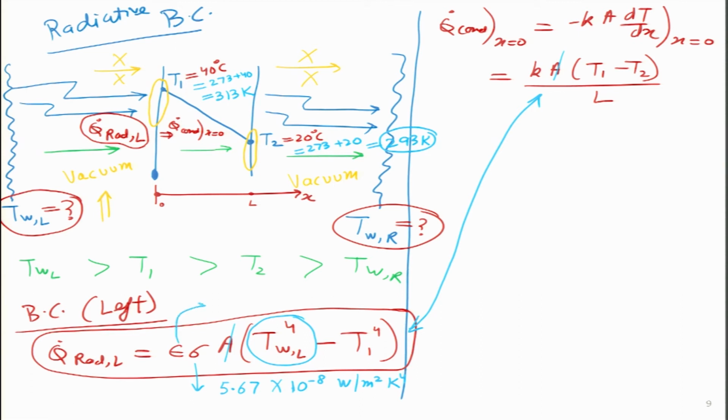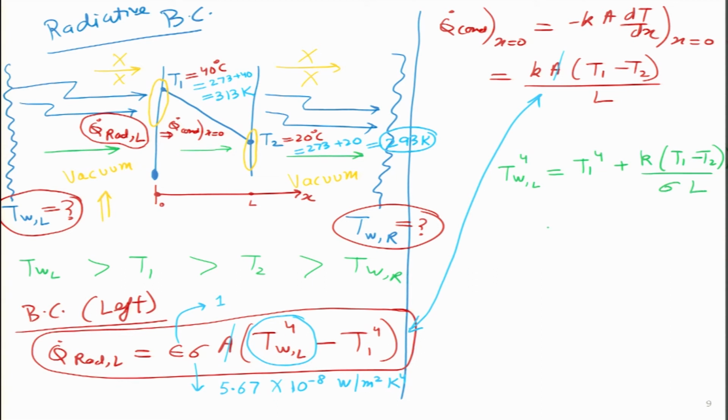And for simplicity, we are assuming all the emissivities involved in this particular example is 1. So, by solving this equation, we get the relationship for Tw to the power 4. I will just do this algebra over here. We just have to substitute and transfer the terms, and it turns out to be a very beautiful expression, which is T1 to the power 4 plus K (T1 minus T2) divided by sigma L.